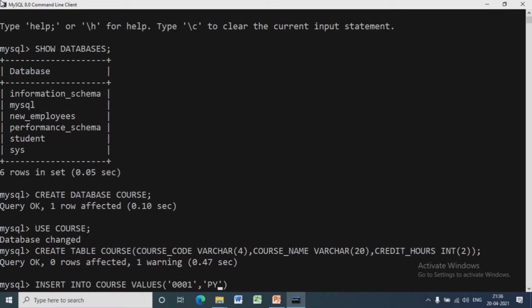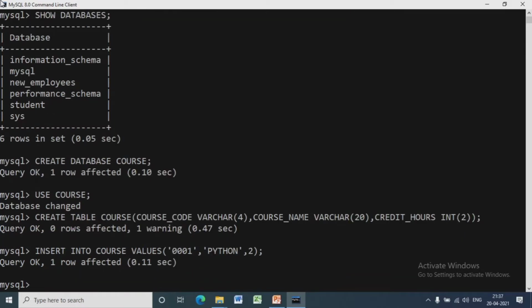Insert into course values. First we have to write course code, then course name, then credit hours. Now one row is inserted. We can insert the second row similarly by simply changing course code, course name and credit hours.